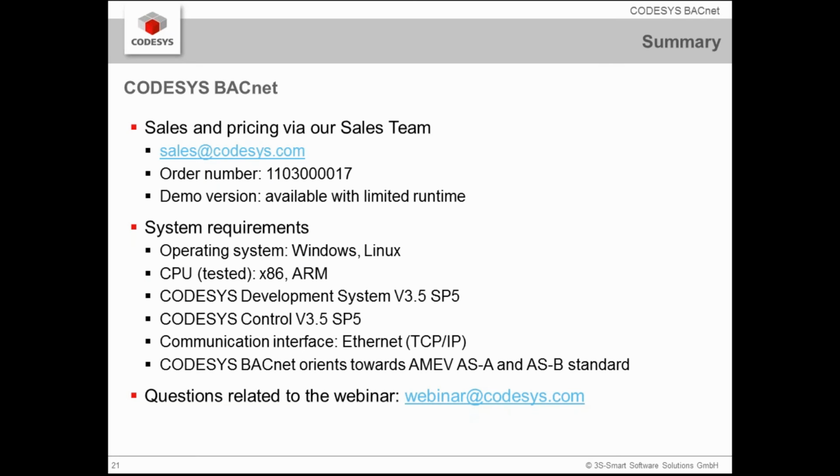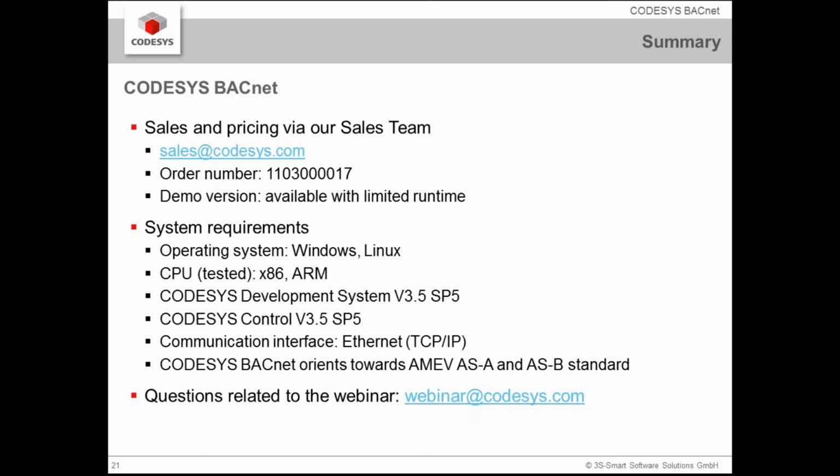What are the system requirements for using the product? At the moment, we support the operating systems Windows and Linux. The CPUs which are tested at the moment are x86 and ARM. And on request, we could also test more CPUs.